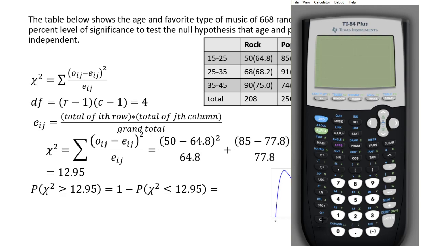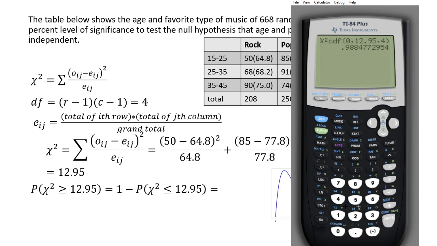Second vars, on. Let's clear this. Second vars. You go to chi-squared cumulative distribution, and lower is kept as 0, and it's not negative infinity because chi-squared can never be negative. So the lower is 0. The upper is what you put here, 12.95. And then degrees of freedom we have as 4. We have it as 4, right? Paste it, and you get this value,